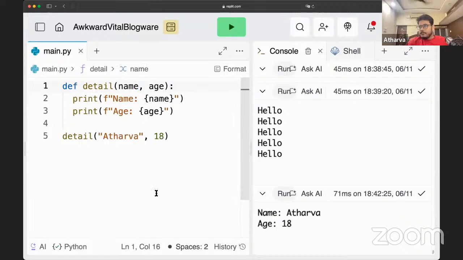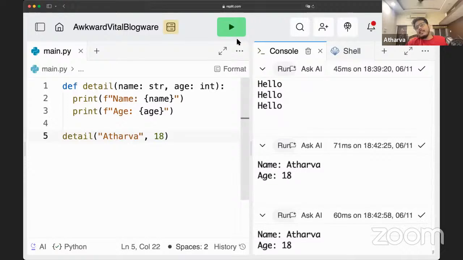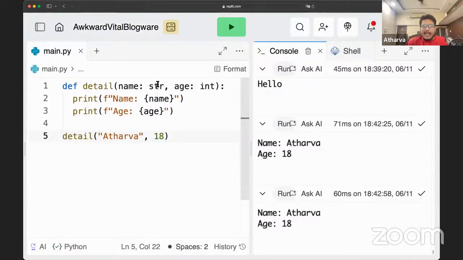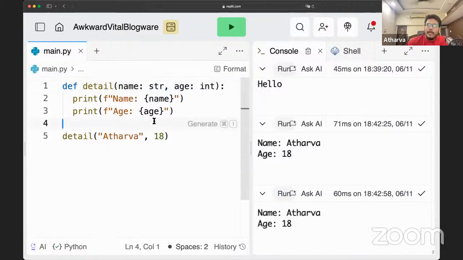If you remember, we have been reading about all the types and everything. So what are the types? Types are str, int. Does this work? Yes, it does work. We can explicitly write types. If we are not explicitly writing types, Python just infers the type when it is interpreting. You don't really need to explicitly write types. However, if you write types, it actually gives you some type safety guarantees.